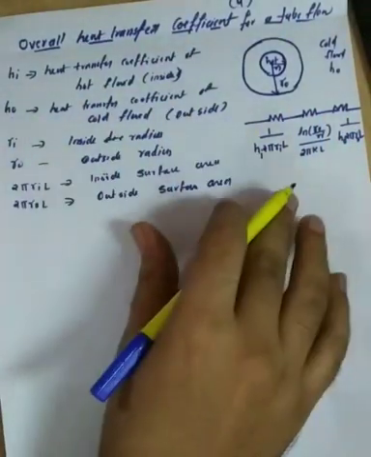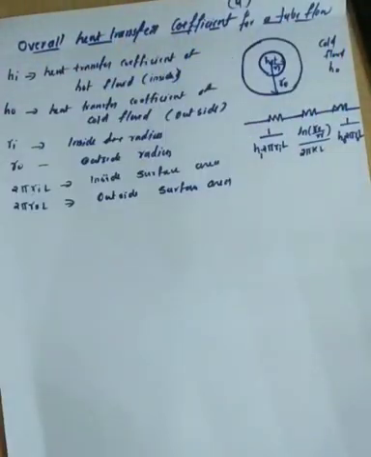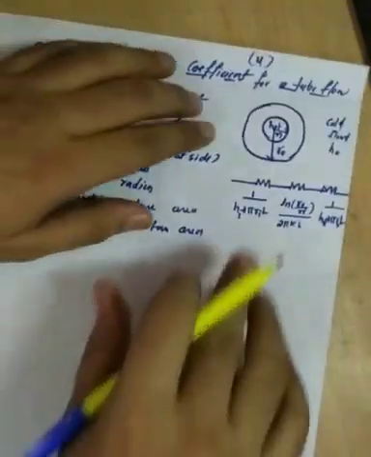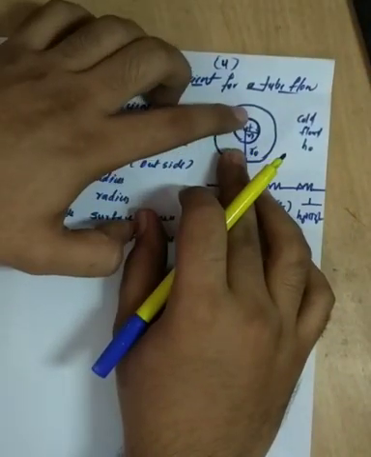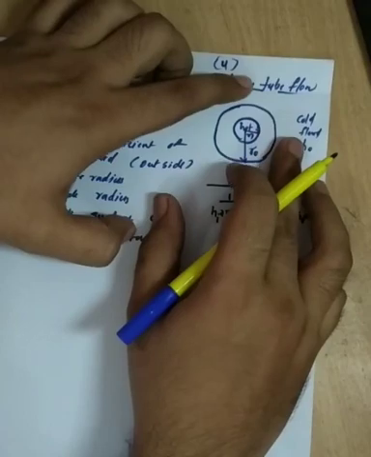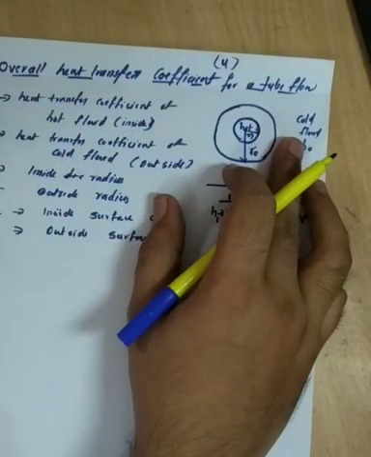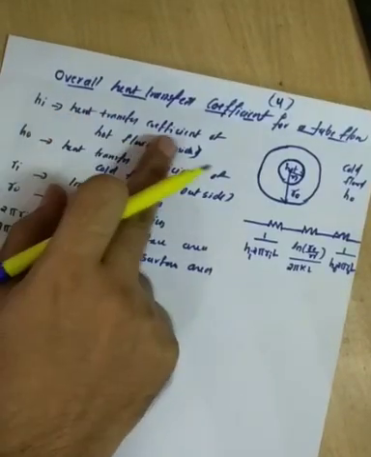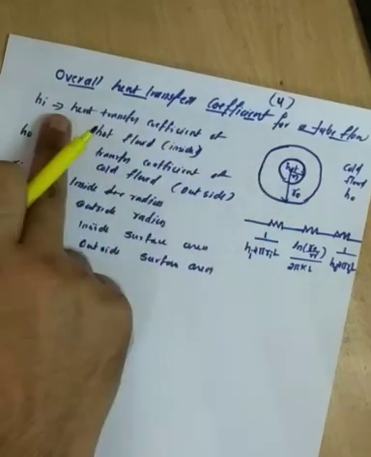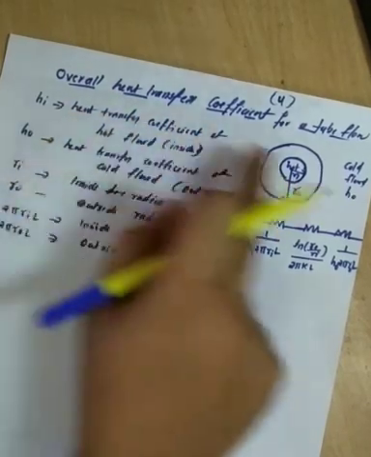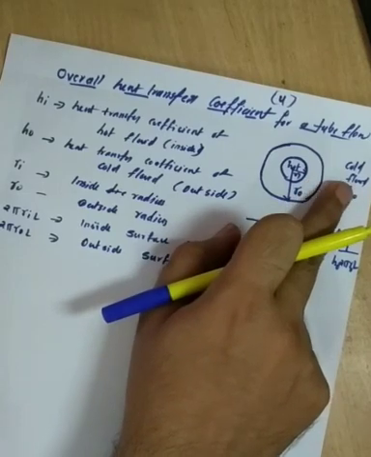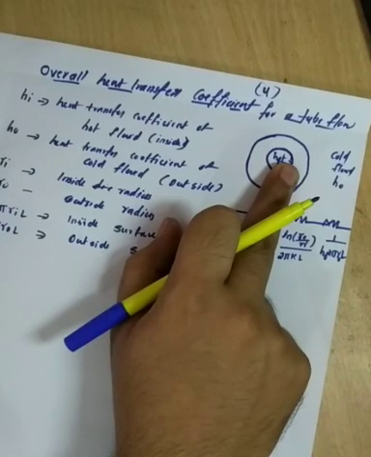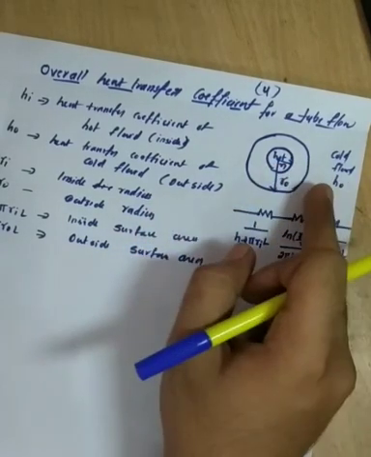We are going to find out the overall heat transfer coefficient for a tube flow. This we already discussed in the first module. So consider this as a tube, and inside the tube we have hot fluid, and outside cold fluid is present. Taking the properties of the hot fluid and cold fluid, Hi is the heat transfer coefficient of the hot fluid inside, and Ho is the heat transfer coefficient of the cold fluid outside, and the inner radius of this tube is represented by Ri, and the outer radius of